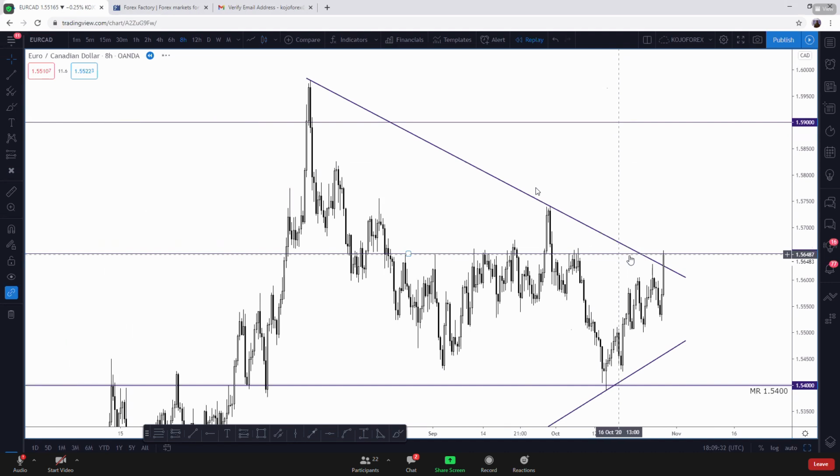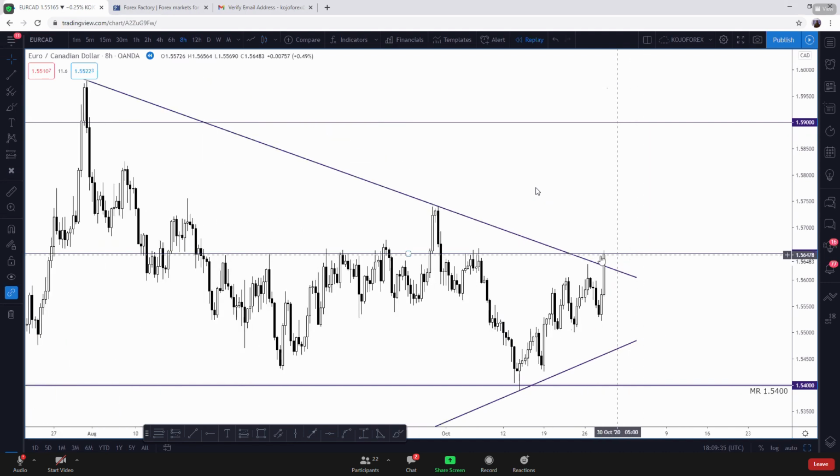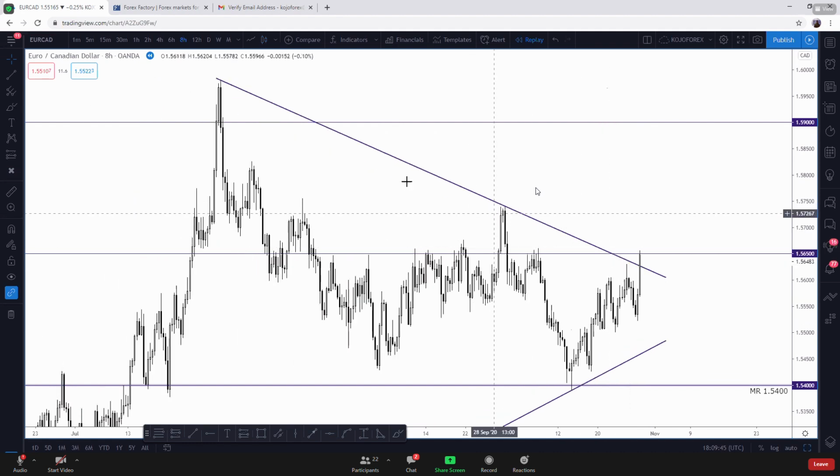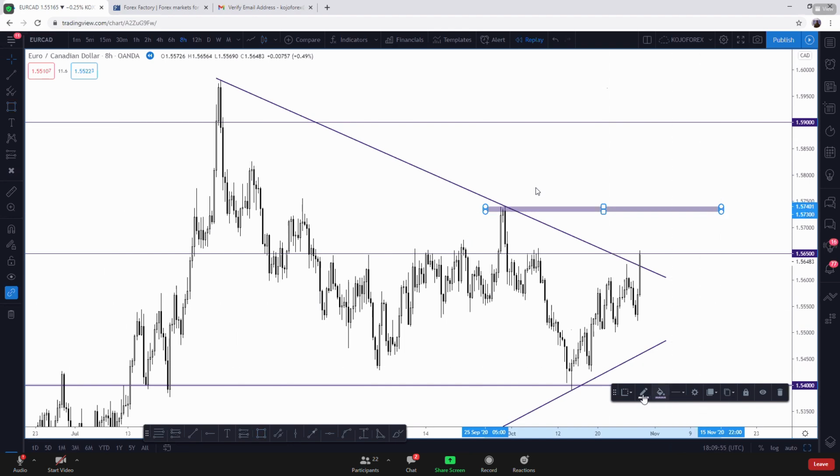So you're wondering, what am I going to do from now? How am I going to even find any position here? Do I start shorting it, or do I consider this as a broken trend line and then wait for it to head towards this next region, which is the previous resistance? You may easily wonder what you should do next. But what you do when you have this kind of scenario is